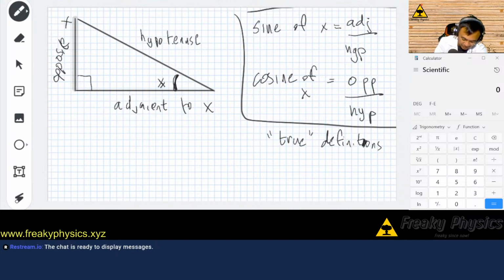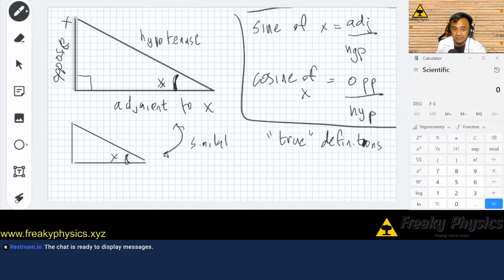Now the reason why this ratio is important is because if you have a smaller triangle, let's say they have a similar triangle, so let's say these two are similar, right? Then if they're similar, that should also be angle x, right? Let me just fix that. So if that's also angle x and this is also the right angle, then this would kind